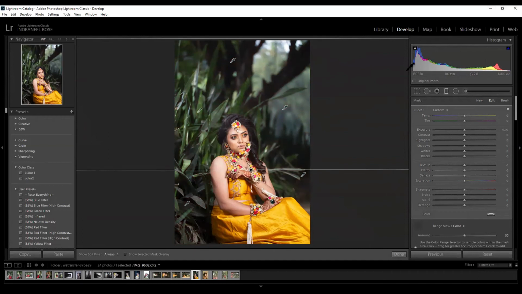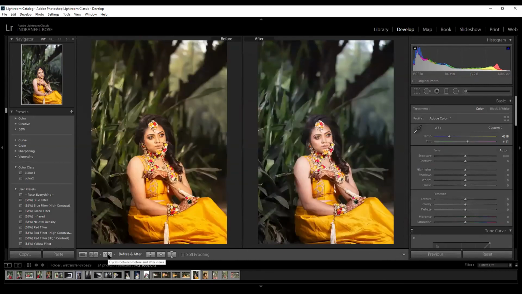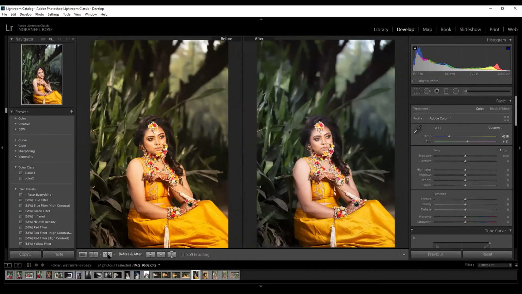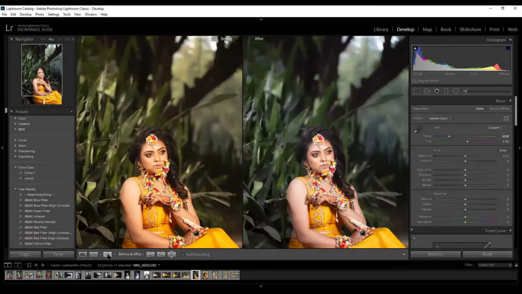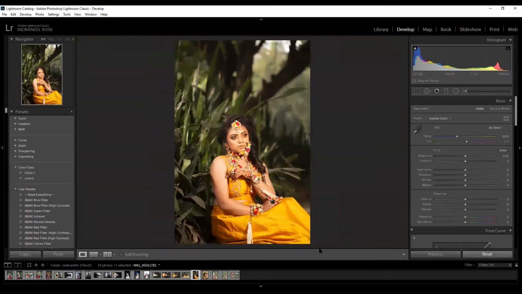Now what do we do? We reduce the texture. We reduce the clarity a little. Can you see the difference in the depth of field also? Can you see the difference in the leaves? A bit. Yes. Sir, please do it once again. Wait. But it won't affect the main subject.